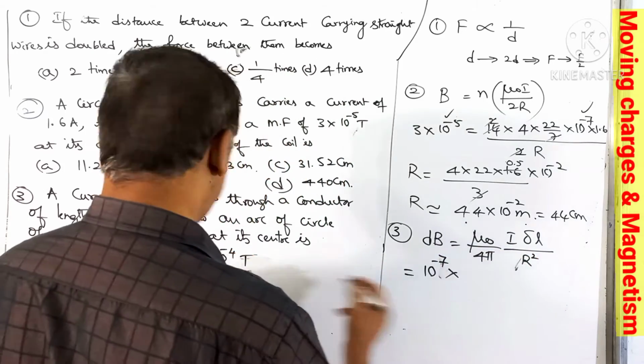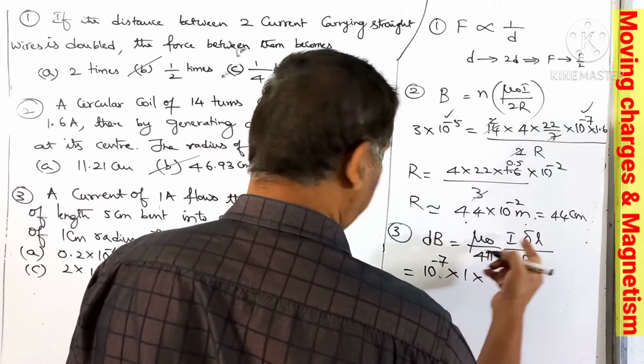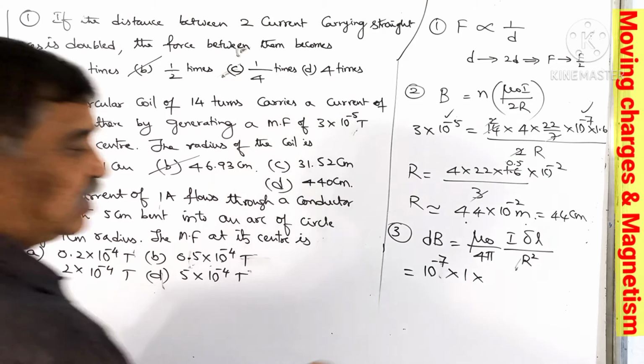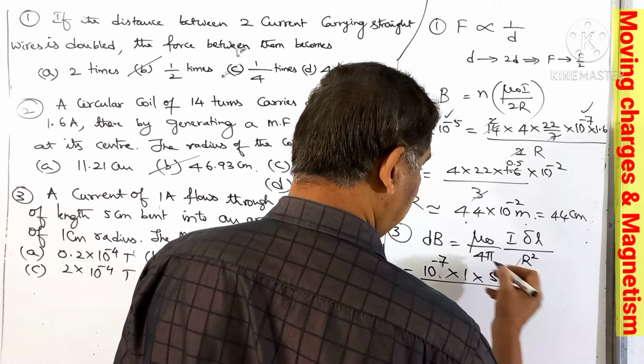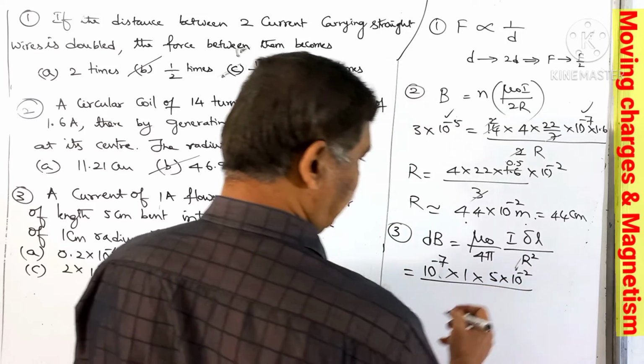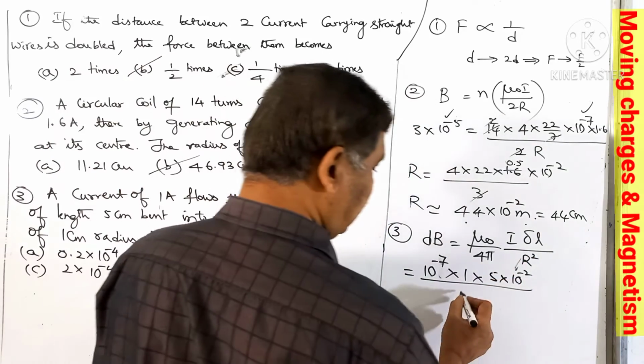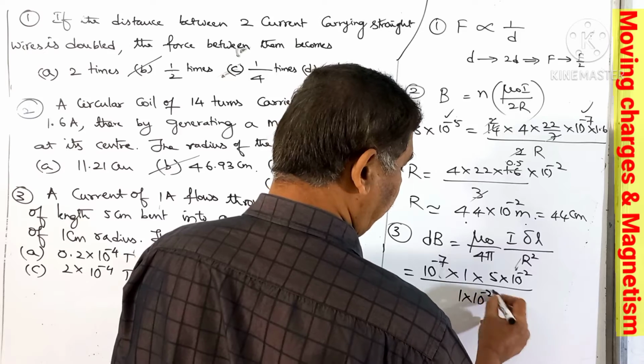The current is given as 1 ampere. Delta L is the length of the element, that is nothing but 5 into 10 power minus 2. It is given in centimeters, converted into meters. Now we have r square. R is nothing but radius, that is 1 centimeter, 1 into 10 power minus 2 whole